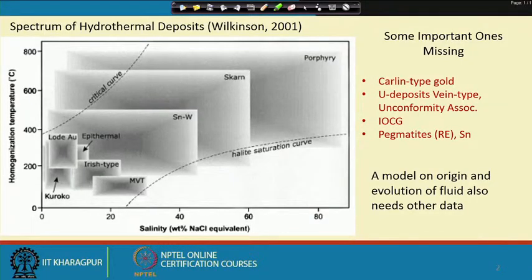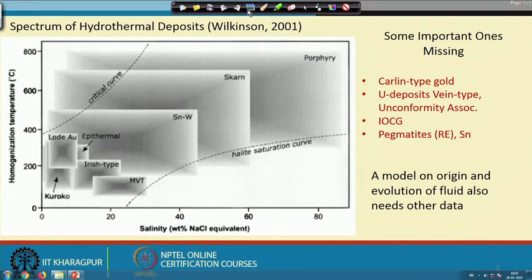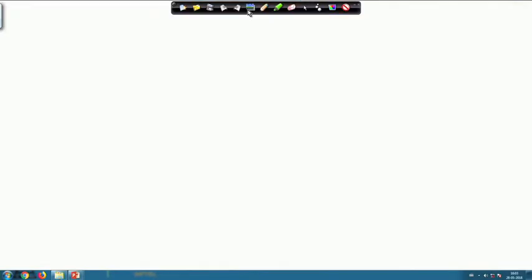So, the literature on them is dauntingly vast, and it is not practically possible to give a very detailed idea or an exhaustive review of the application of fluid inclusion studies to ore deposits. And we also know that the hydrothermal deposits that we generally discuss, we always discuss in terms of the possible sources of such hydrothermal fluids,